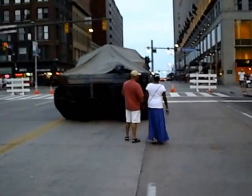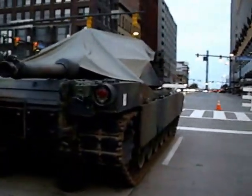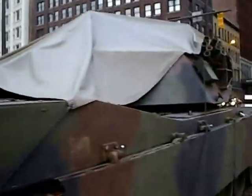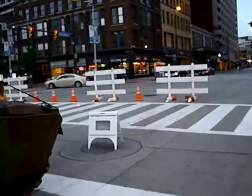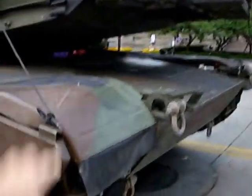Alright folks, I'm going to finally get a chance to look at an M1 Abrams up close. Now I've got to tell you something about this tank. When I was in the Army, I handled an M60A1. It's nothing like this, but I have to tell you the rumors that were going on about this tank, because in my day this tank hadn't even made the field yet. Now these hatches on this tank, the rumor was you could battle lock yourself inside this tank, and inside this turret,